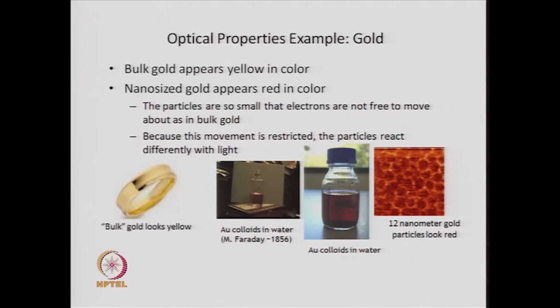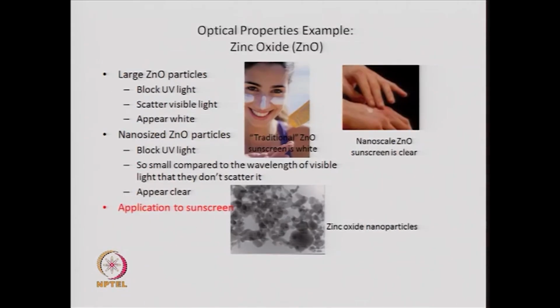So, this color change of gold from yellow to a different color is due to the variation in the band gap of the material, and that we will discuss in the next few slides. Now, there are some other materials where you can see changes in the optical properties like absorption or emission of these materials, and one of the examples which people are using to a great extent for applications are